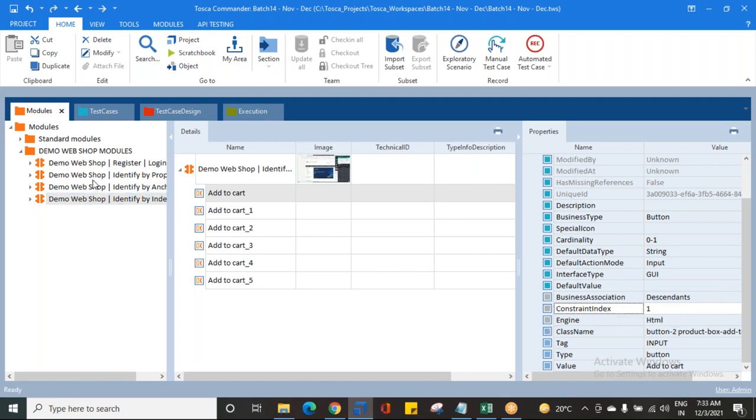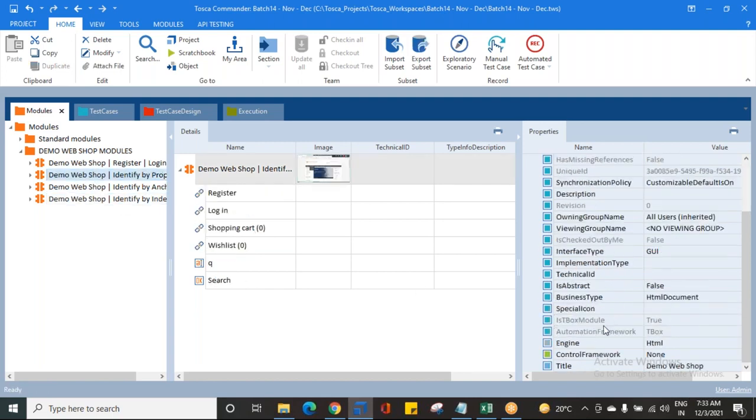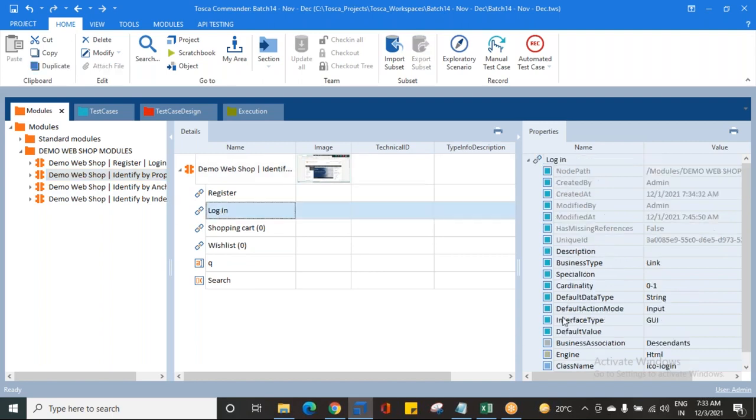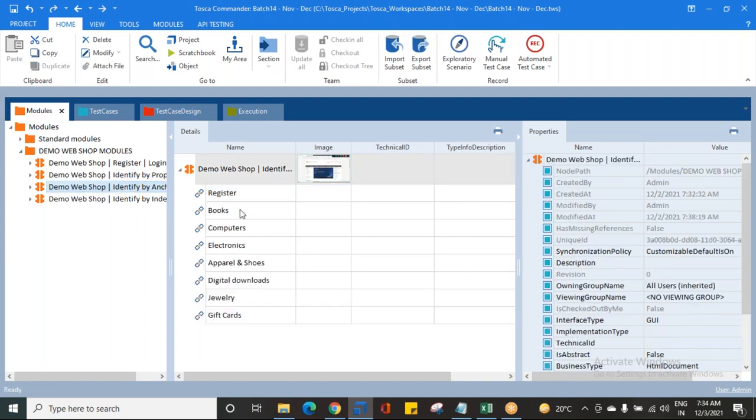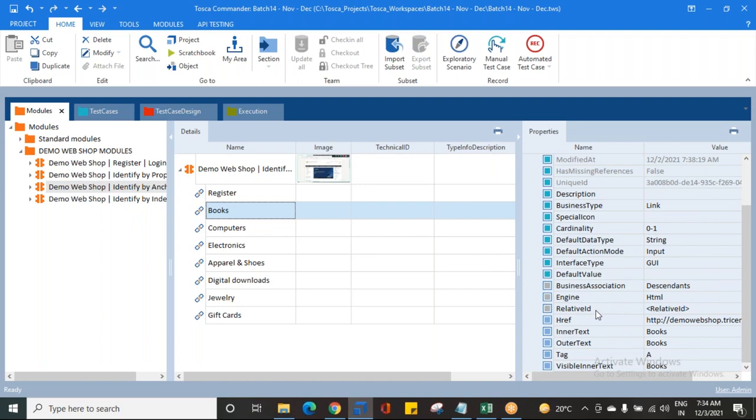If you use only properties, now see, these are identified by properties, right? Class name, inner text, outer text, and tag. Only these properties are there. There is no relative ID anywhere. There is no constraint index anywhere. In addition to these properties, if you see any attribute having the relative ID, it is identified